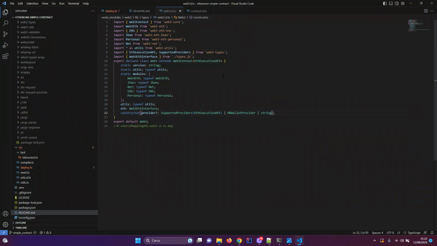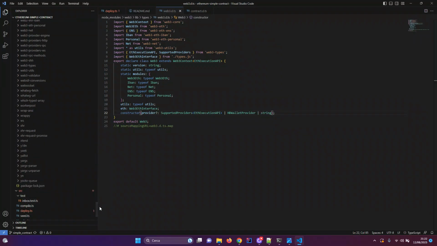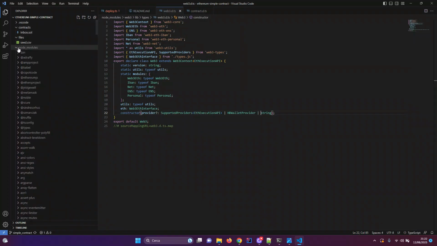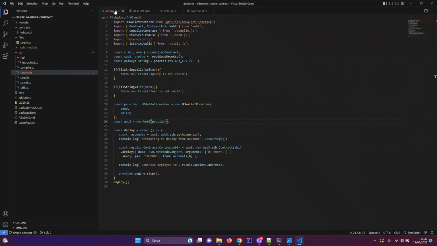Honestly, I don't know if this is the best solution, but without it, the code doesn't compile. I opened an issue already, but probably I need to open other issues. So this way the code compiles. I know maybe this is not the best solution, but this is the best solution I found. So I'm open to improvements if someone has one.